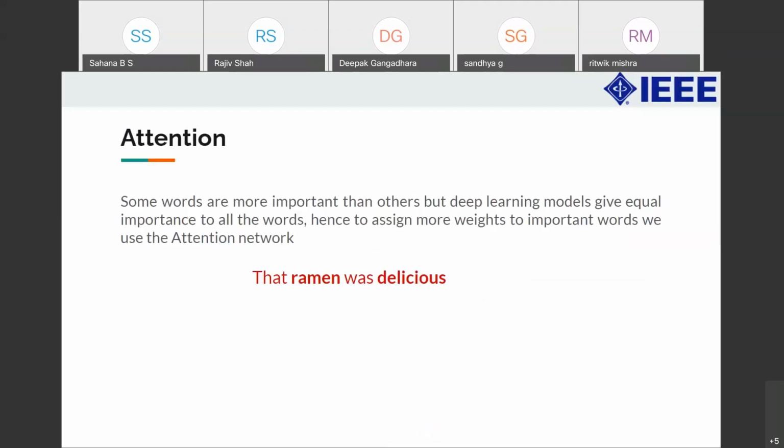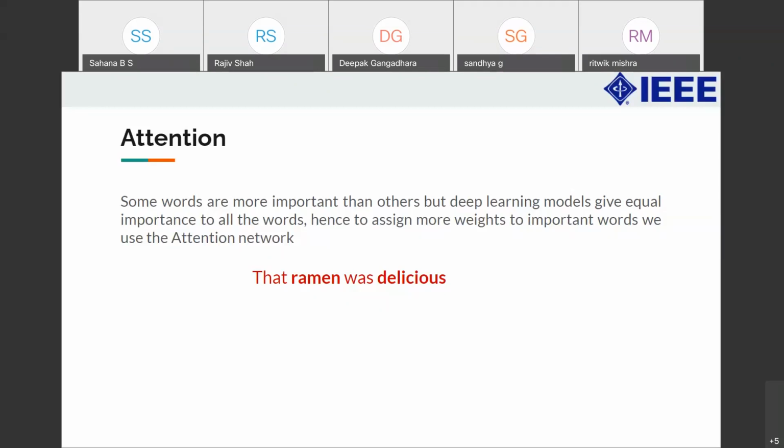And next slide. Now when it comes to these models like CNN and RNN, they're more like count vectors if you want to relate it to machine learning. But we use TF-IDF because it gives importance to every word, while these models considered all words to be of equal importance. So that's why we tried out attention, because we wanted something like TF-IDF in deep learning models. In this example, "ramen was delicious", especially in Twitter, there are a lot of stop words, and if you combine all of that, the classification won't be good. So that's why we wanted to try out attention.